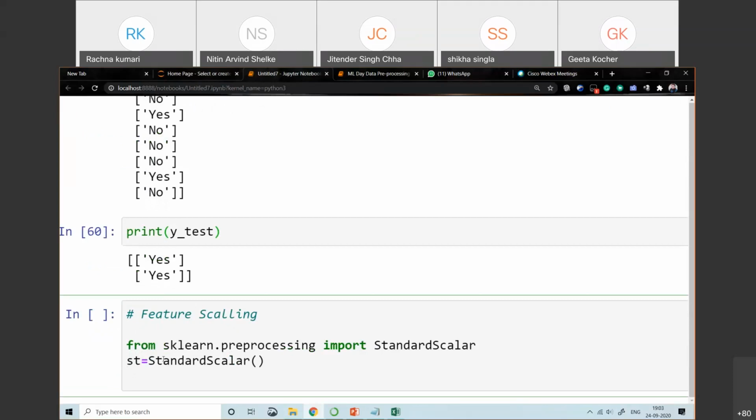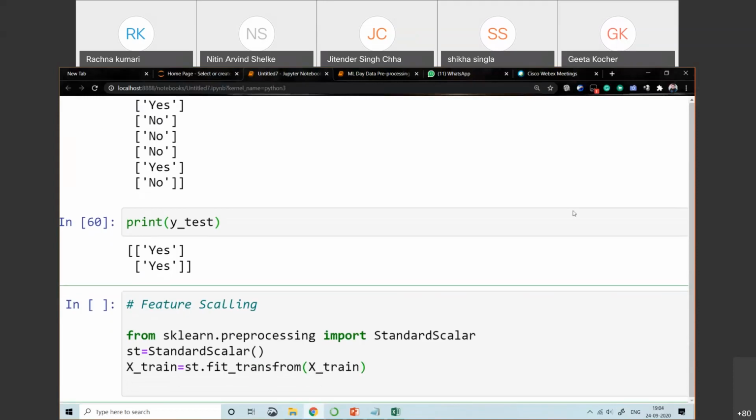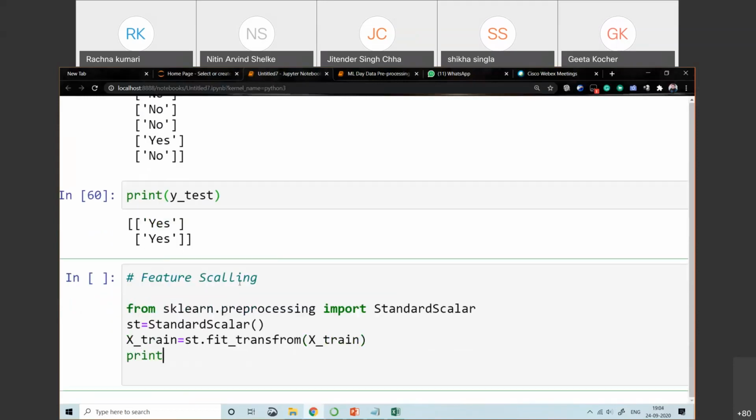So we just use st.fit_transform on your train data set. So xtrain, we need to pass xtrain for that. Let me just store it into the xtrain. This is my xtrain, so this is my training data set. Next, let's store the xtest.